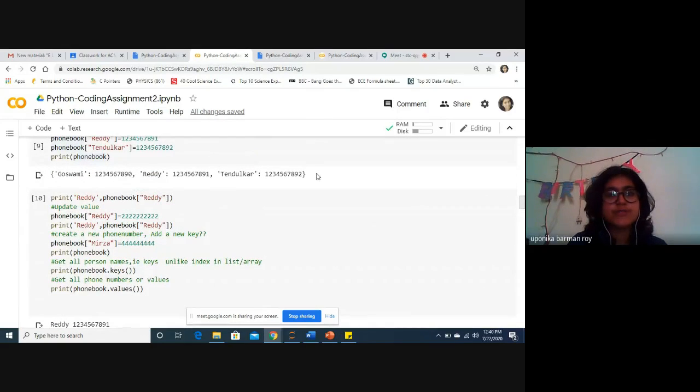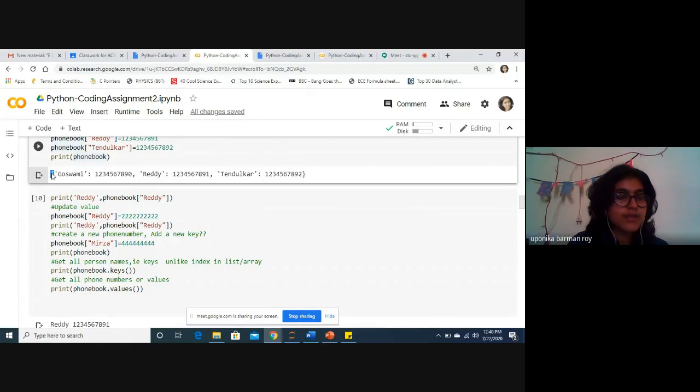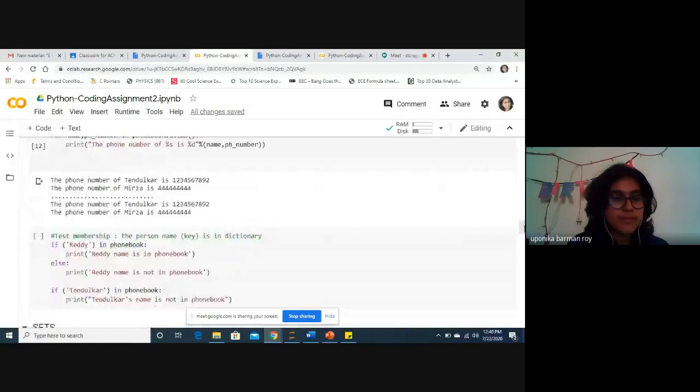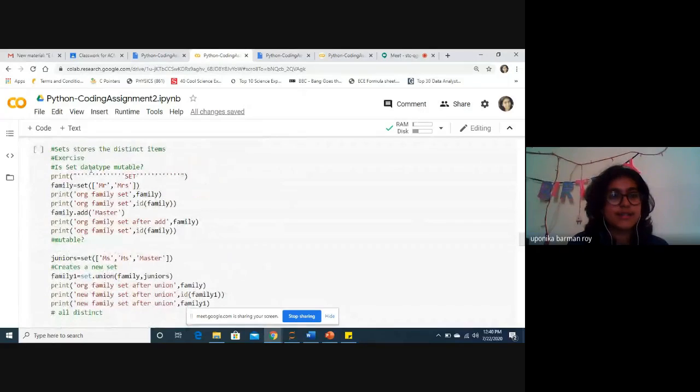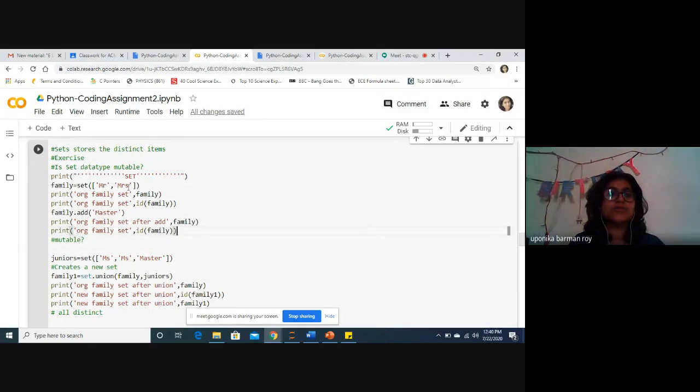our dictionary was starting with curly braces, our list was starting with square braces, and the set I'm starting with parentheses. So I'm creating a set having a Mr. and Mrs., and I'm creating that as the name of a family.